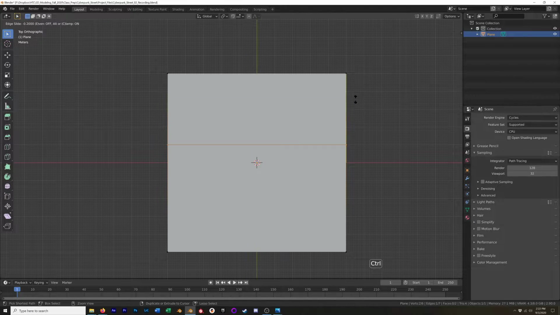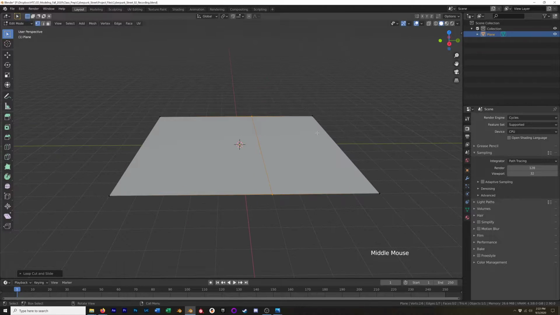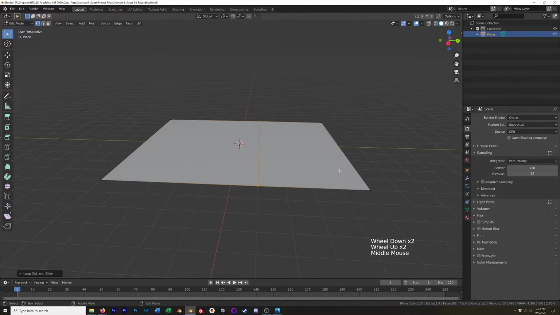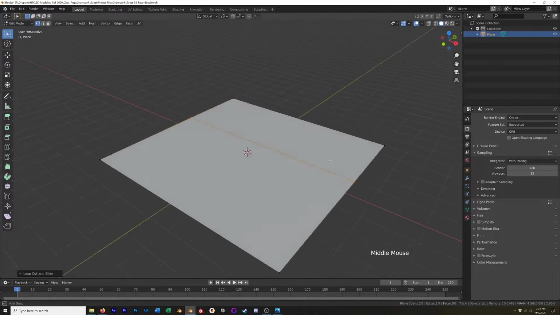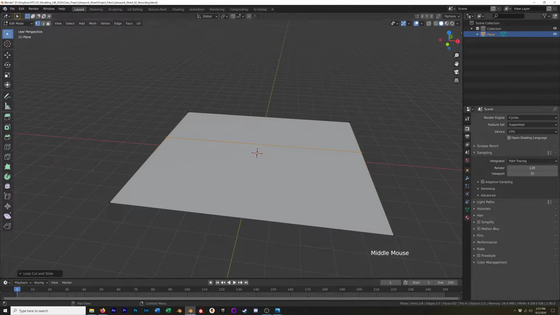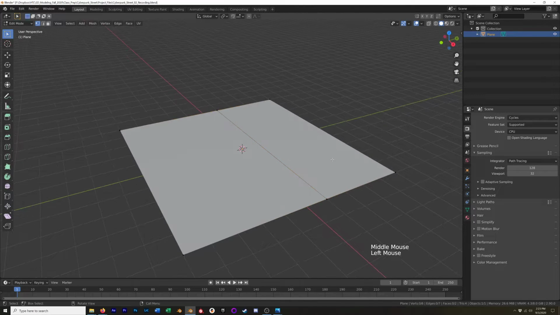So what I want to do is add this edge loop 4 units down. Okay, this is going to be my sidewalk area. It's going to be a pretty wide sidewalk, 4 meters wide, so about a 12 foot wide sidewalk. That's fine. It's going to give us a little bit more room. It doesn't have to be exactly realistic, and this reference image and a few others that I have pulled up are for inspiration, and I'm not trying to exactly copy them. So, all right. So I have my sidewalk,